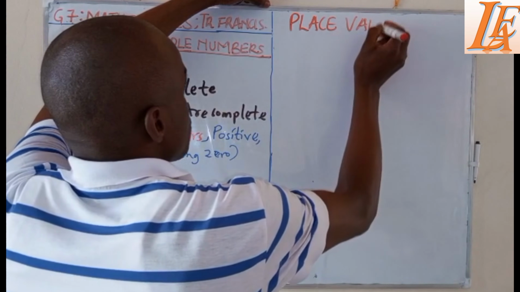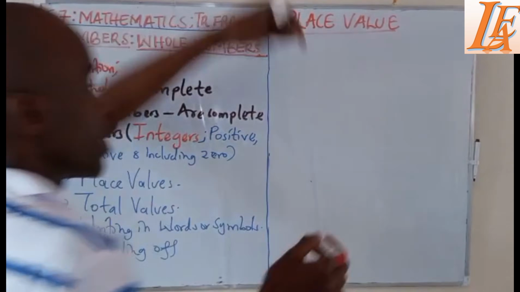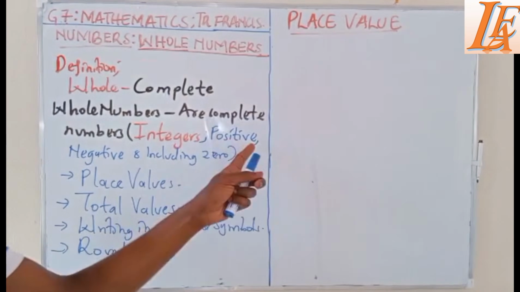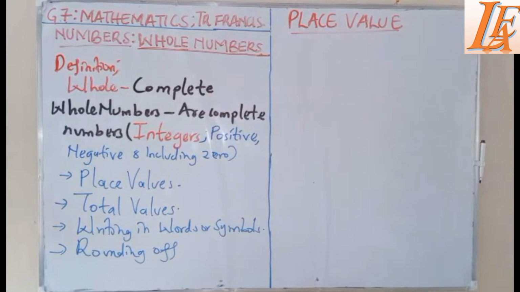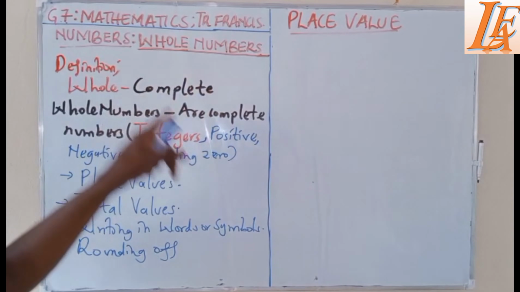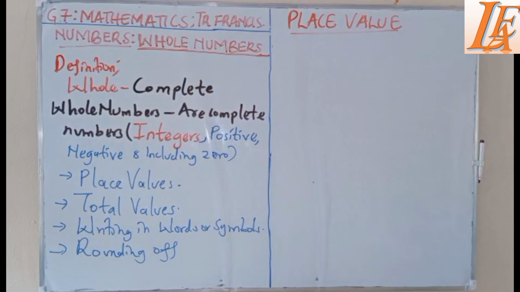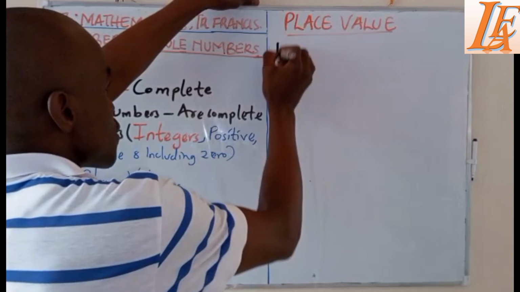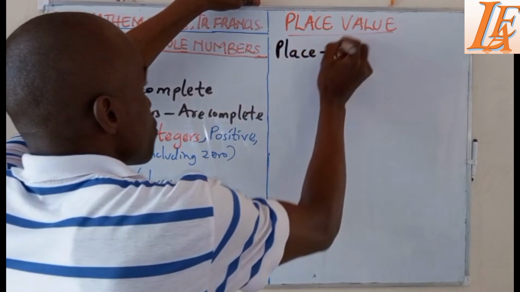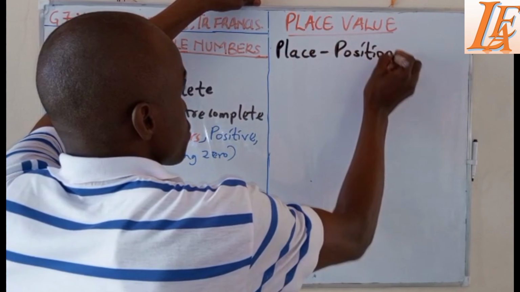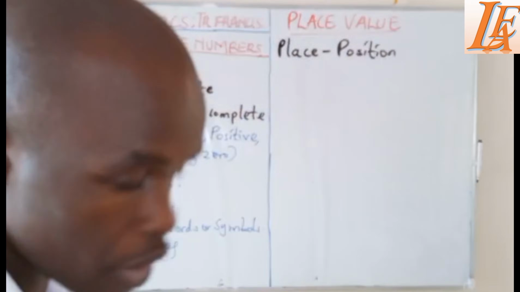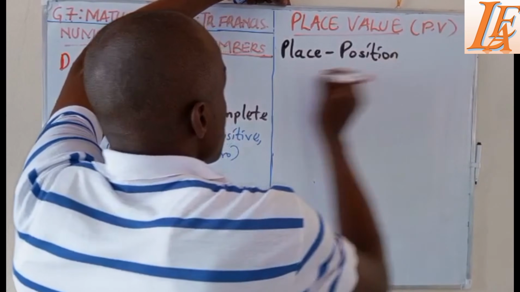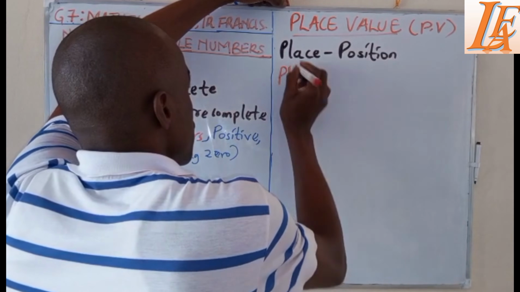Remember that you have defined whole numbers as complete numbers, and complete numbers are called integers. Integers can either be positive, negative, or zero. For our case, we'll be focusing on positive integers, which are whole numbers. Now, let us define what place value is. Place comes with the idea of position, and this position is very crucial. Place value, abbreviated as PV,